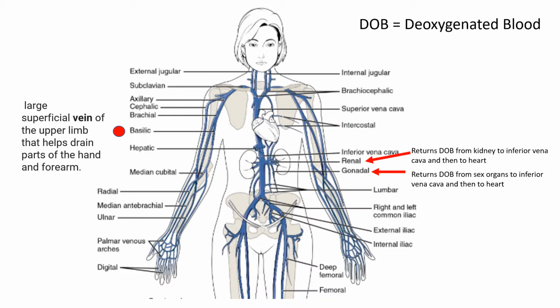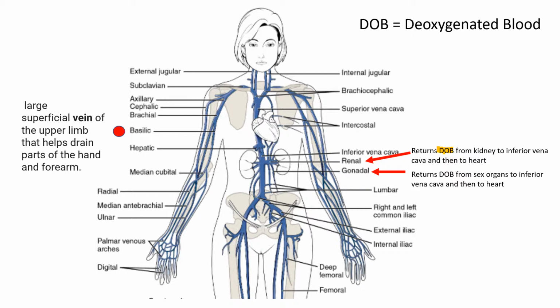All right, I'll just use this as an abbreviation. DOB simply stands for deoxygenated blood. So if you see DOB, for instance, like here, that just means deoxygenated blood. Okay, so again, in this picture, we're just showing